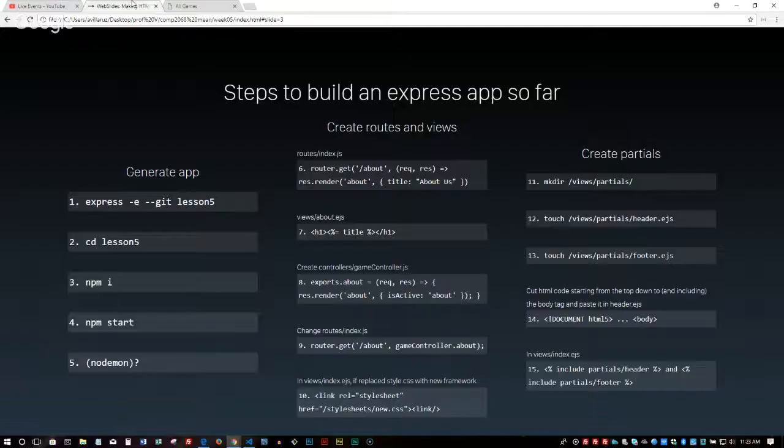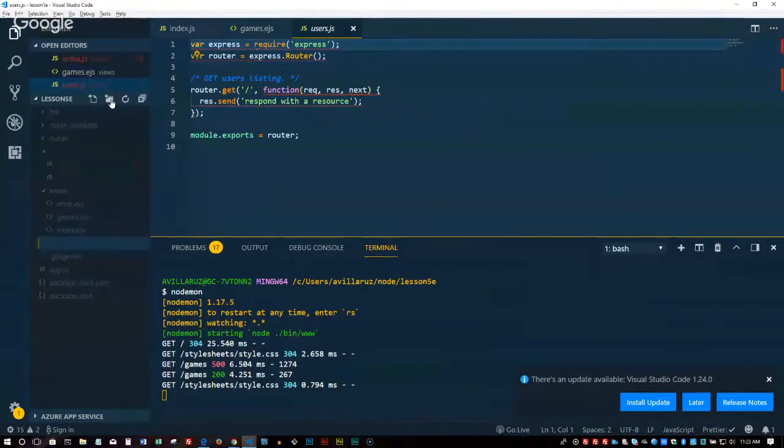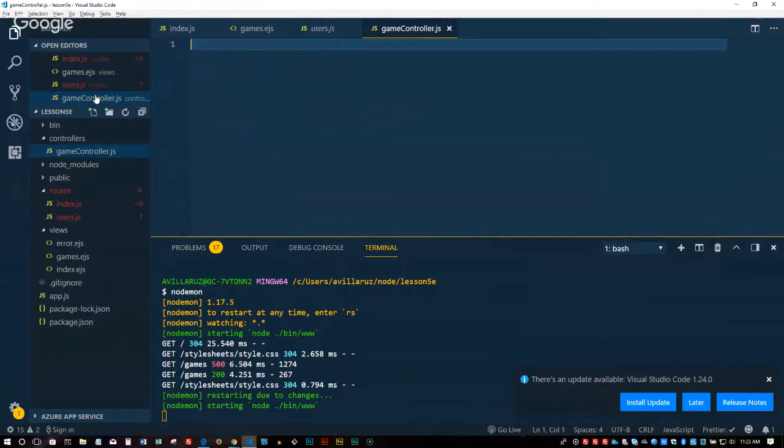Great. What else are we doing here? This time we're going to split it up into controllers. So again, you know this. So step 8, create controllers, gameController.js. In the root folder here, I'll say controllers. There it is. In there, I'll make a new one called gameController.js. Okay, and then I'm just going to split that off